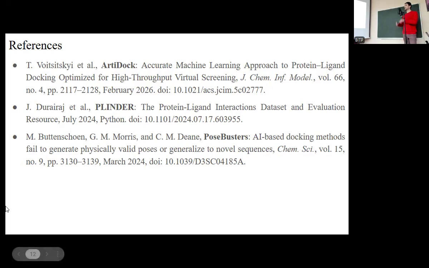I didn't present all that in this presentation because it would take too much time, but essentially this tool provides accuracy better than classical tools, on the same level as the best machine learning tools out there, and it's faster than most machine learning tools and classical tools. Thank you,